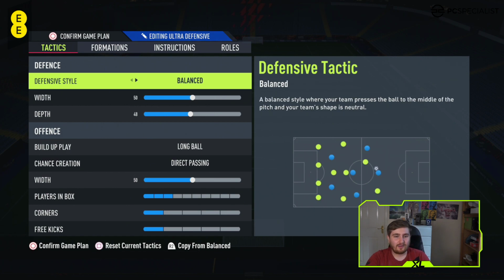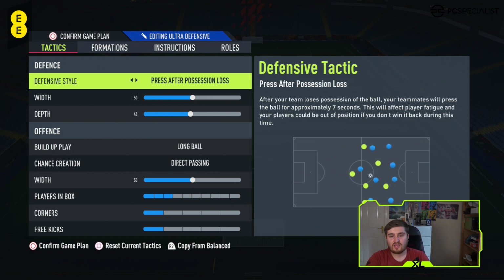It's kind of a hybrid of balanced and press after possession loss. Press after possession loss follows the Pep Guardiola philosophy that when the opponent wins the ball back, for 7 seconds afterward, they're at the most vulnerable. So as soon as you lose it, your team will effectively go into the constant press for 7 seconds. It does drain your stamina more the more aggressive ones you go, but this is a pretty good way of